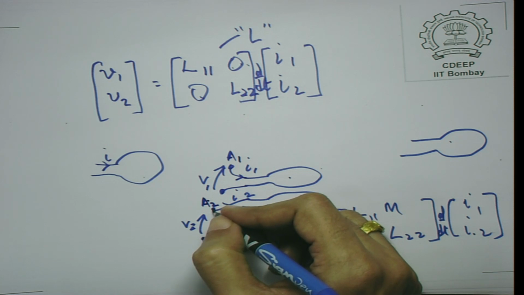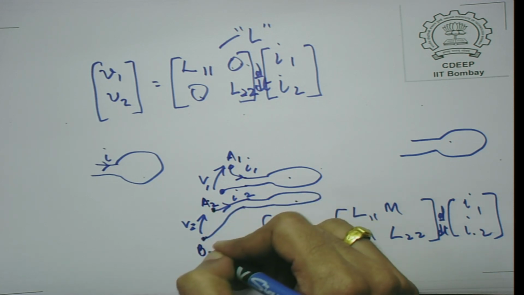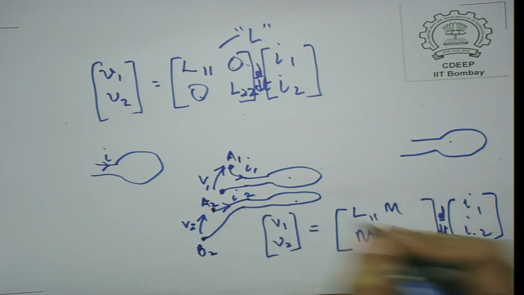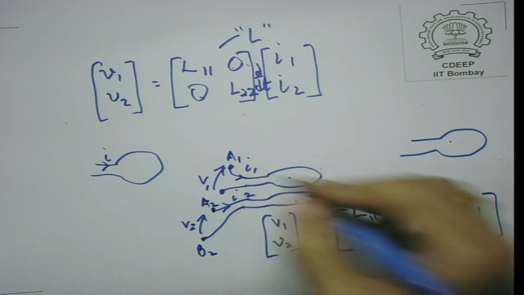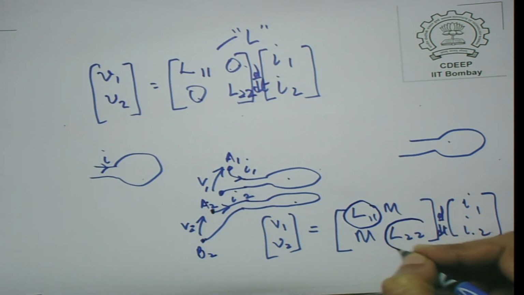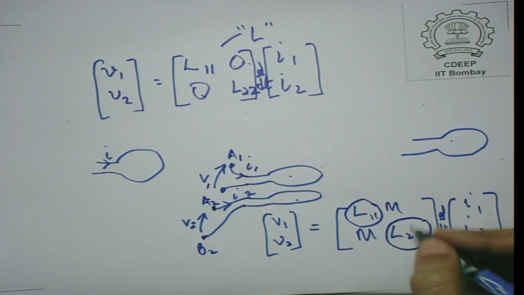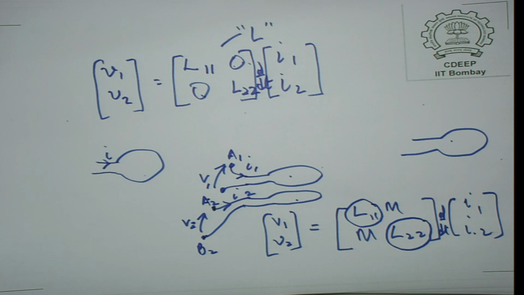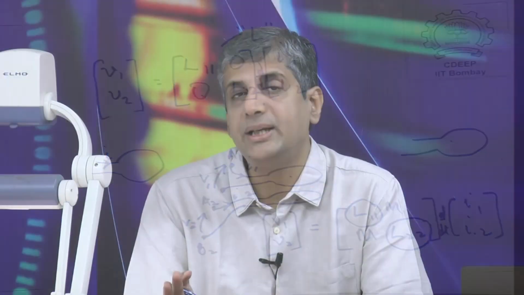So, if you are measuring voltage of A2 with respect to B2 and the current is entering A2, then you can in fact show, by using Faraday's law, that L11 and L22 will be positive numbers. Mutual inductance need not be positive, it depends on the sense of